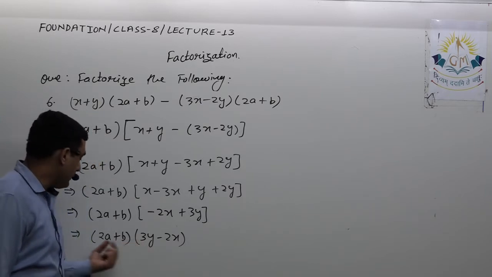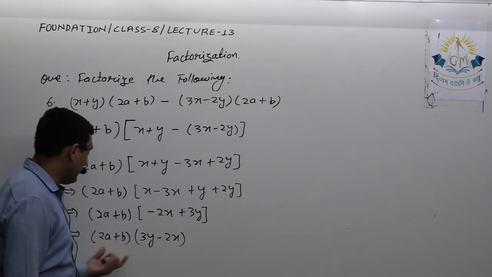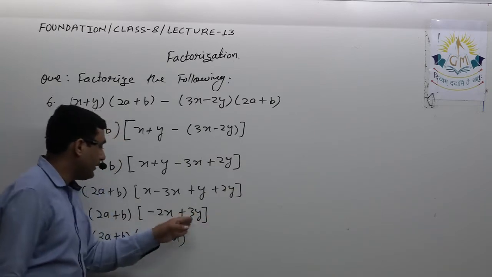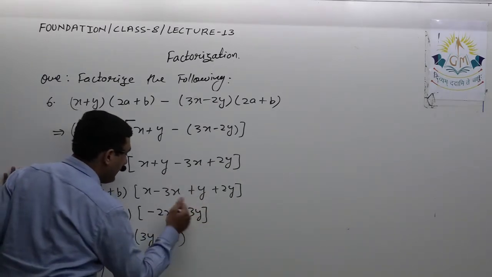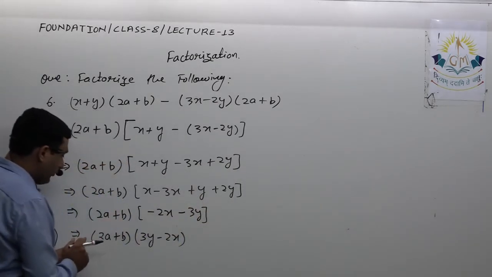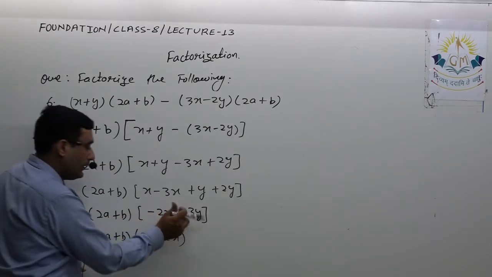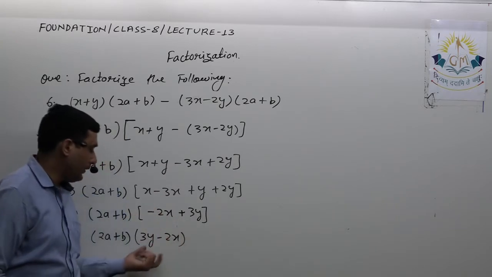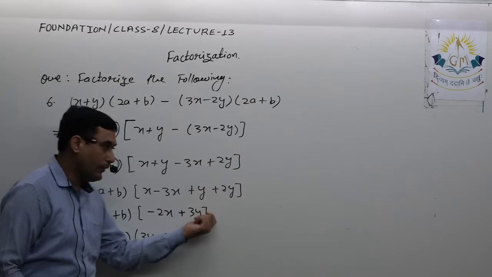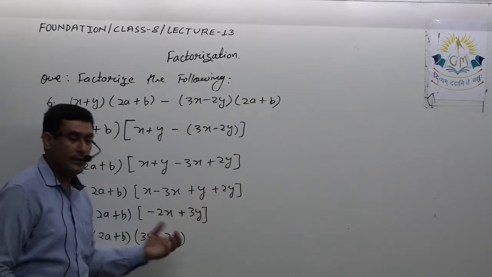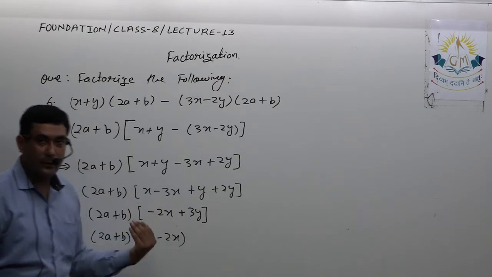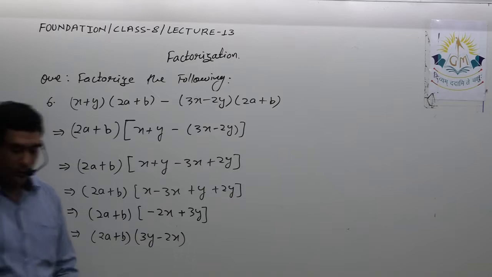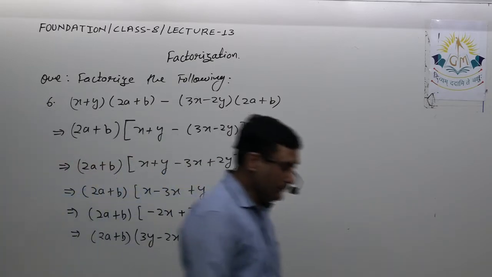Okay, we always start a bracket in which the first term is positive. Now you might ask what if both terms are negative? Suppose both terms are negative, then I will take the minus sign common. I put the minus sign over here, and here I write 2x plus 3y. Okay, so if both terms are positive, it doesn't matter which term you write first. If one term is negative and the other is positive, write the positive term first and then the negative term. If both terms are negative, then take the minus sign common. So this is the final answer. Please note it down. Then we'll see the next question.